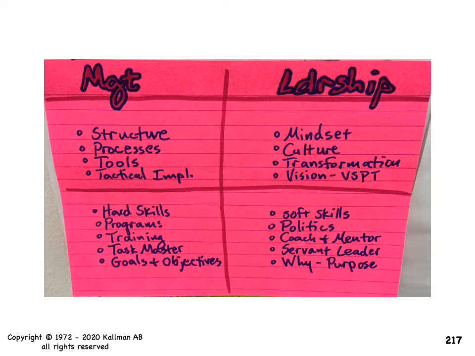The leadership side of the equation, that's mindset. It's mindset and culture. And how do we transform? How do we use vision and VSPT? It's all the soft skills, understanding how to eliminate and mitigate the politics. It's being able to coach and mentor, being able to be a servant leader like we just talked through on these last two slides. It's also being able to clearly articulate the why and the purpose of everything that we're